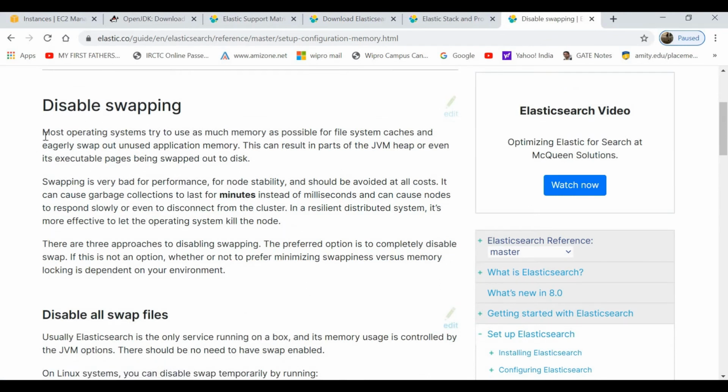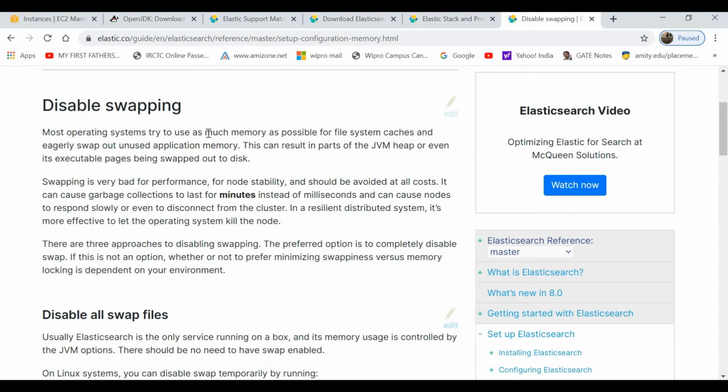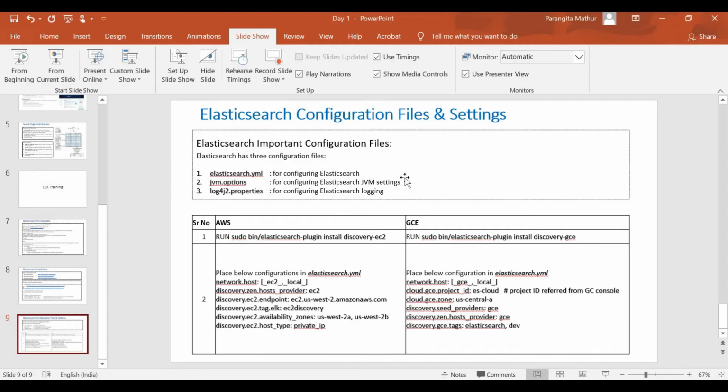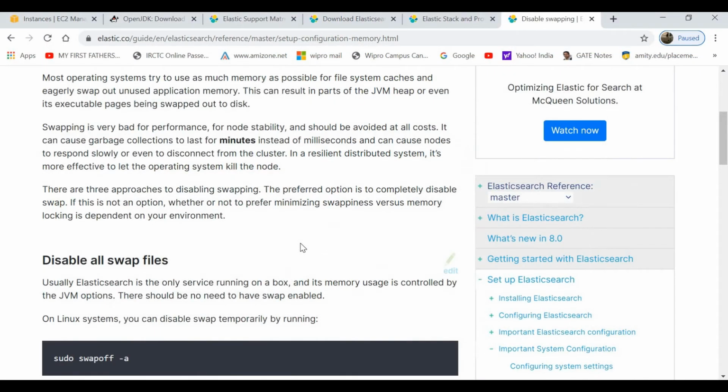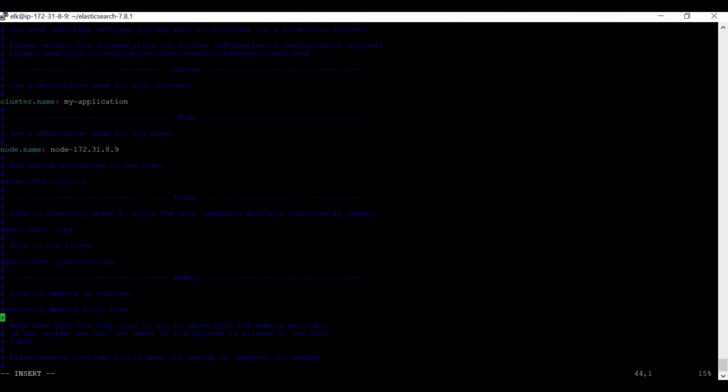If you see here, it is most operating system. Basically, it's related to memory management by default. You can read more about it. The reason I didn't attach it in my slide is that you must read about it: what exactly is swapping, and why are we doing that? As per recommendation, in most environments where I work I found this to be true, so I suggest placing it at true itself.